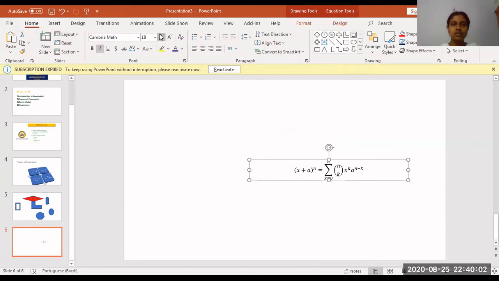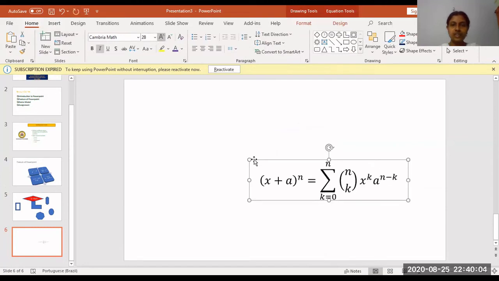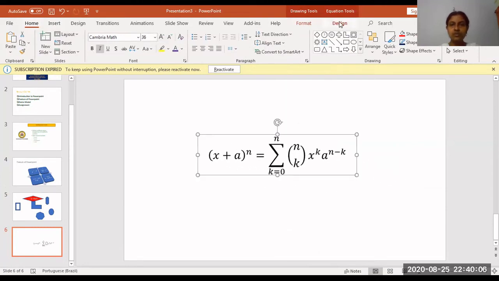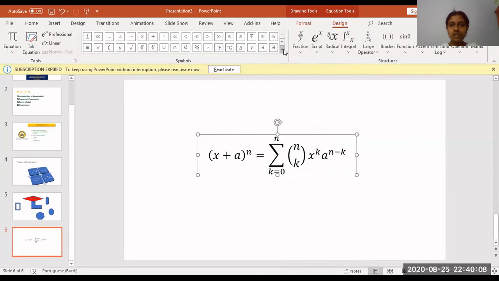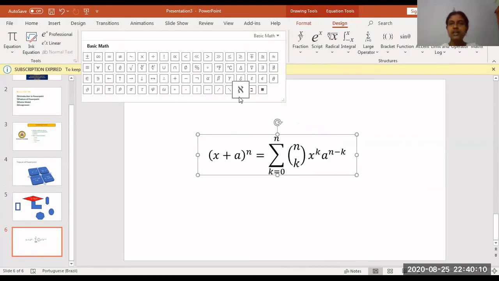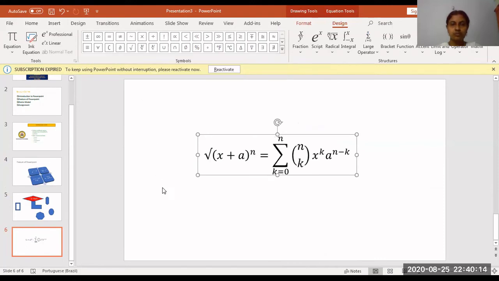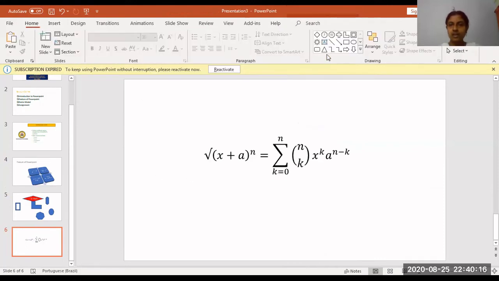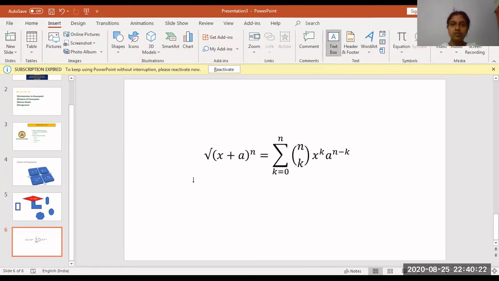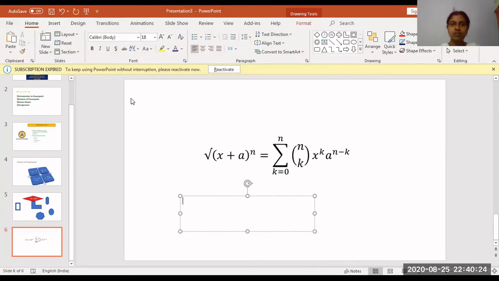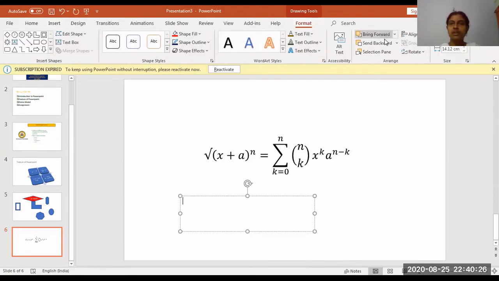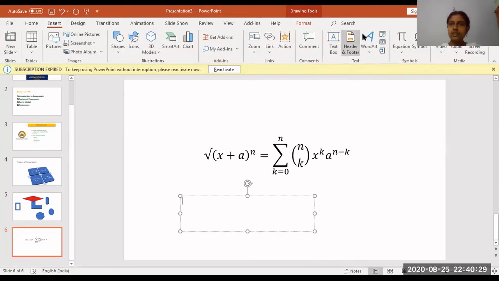Apart from that, after selecting the equation, all the mathematical symbols are available. If you want to type a square root, anything you want to type. If you insert, take a text box. If you want to write your own formula, go to Format, Insert, Equations.